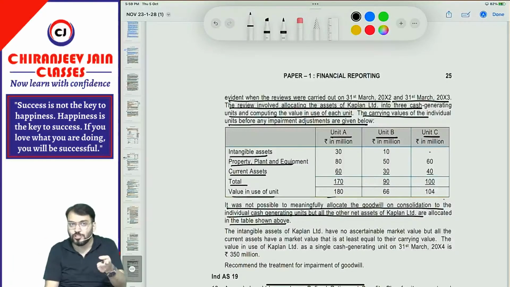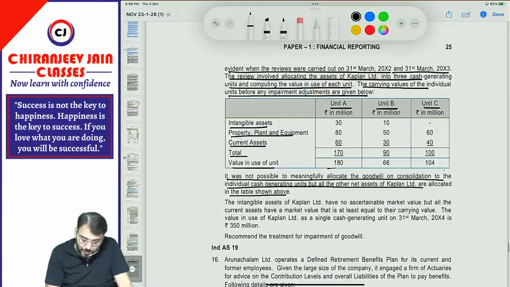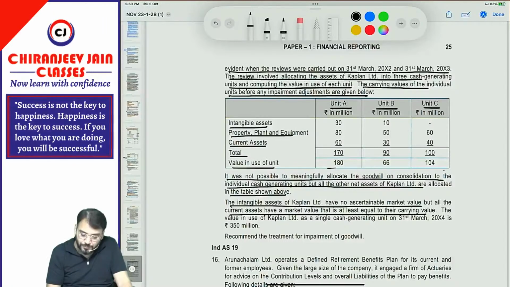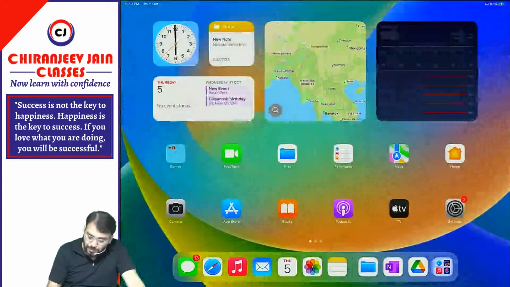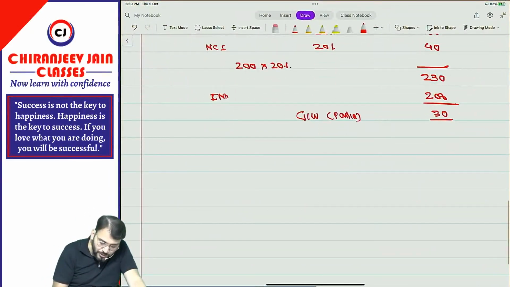It means we need two-stage impairment testing. Yes, sir. The intangible assets of Kaplan Limited have no ascertainable market value, but all the current assets have a market value that is at least equal to their carrying amount. The value in use of Kaplan Limited as a single CGU on 31st March 2004 is 350 million. Recommend the treatment of impairment of goodwill. So can you say first we'll perform the first stage